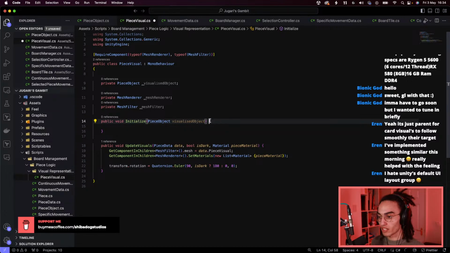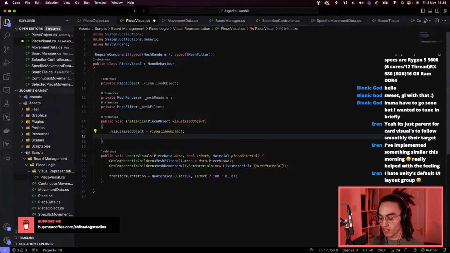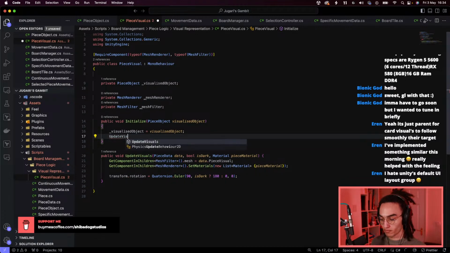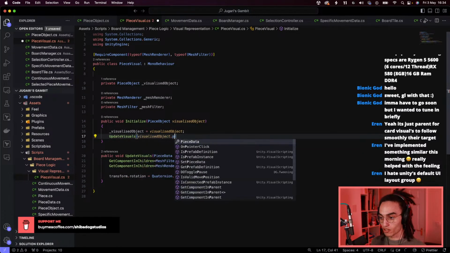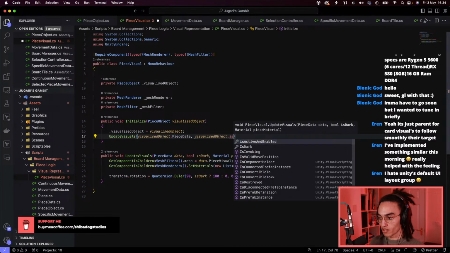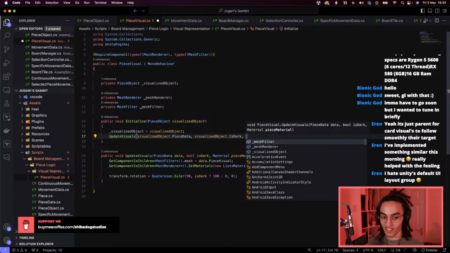And then in here we'll say visualized object equals visualized object, and then update visuals, passing through our visualized object dot piece data, visualized object dot is dark, and the materials that we have for that,